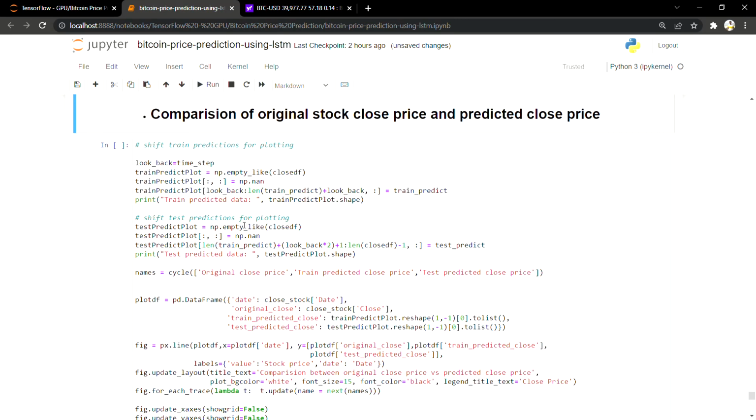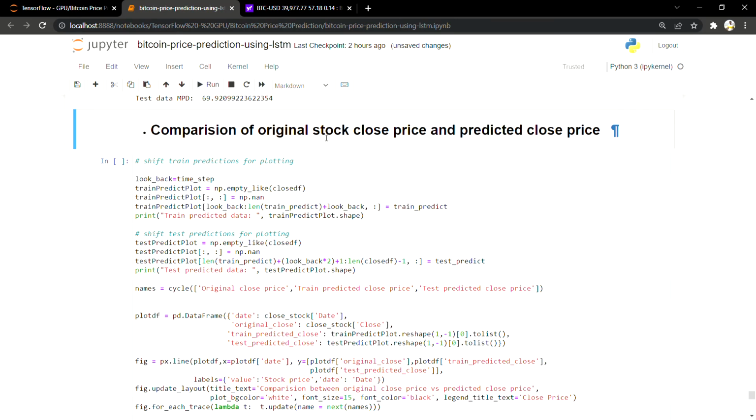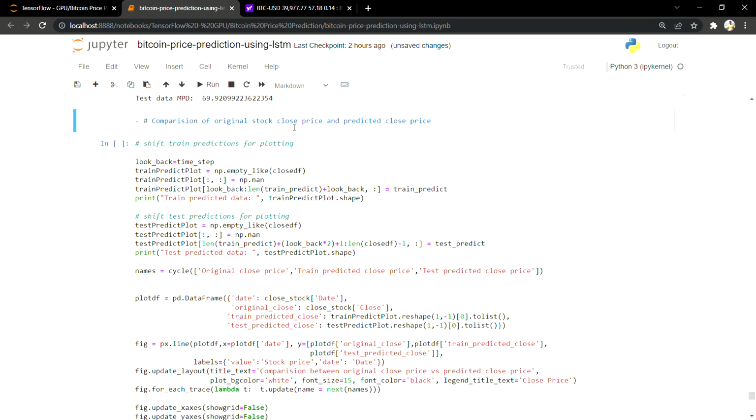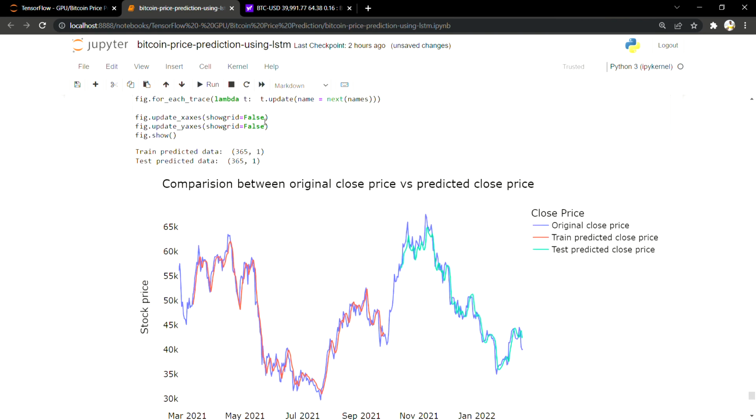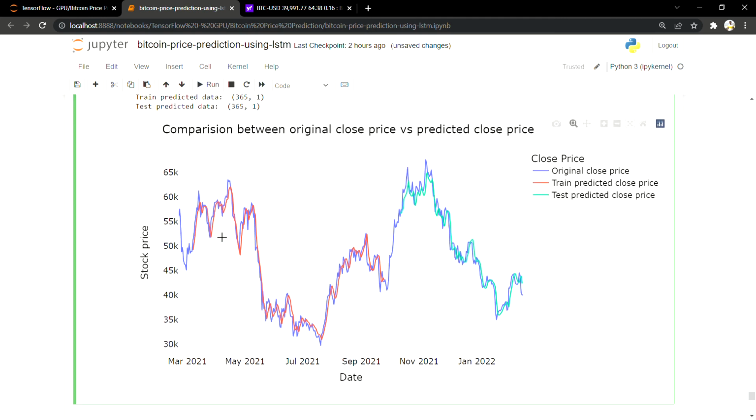So the comparison of original Bitcoin close price. Here it would be the Bitcoin close price and the predicted one. So now we will print. Here we have plotted